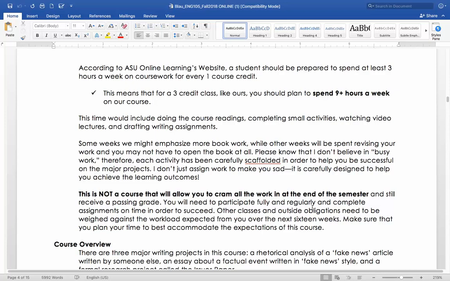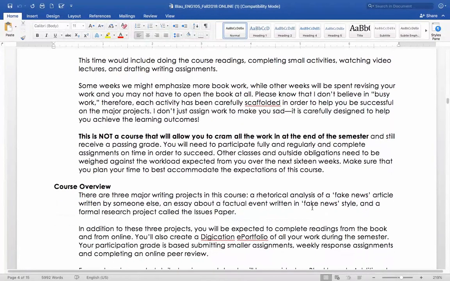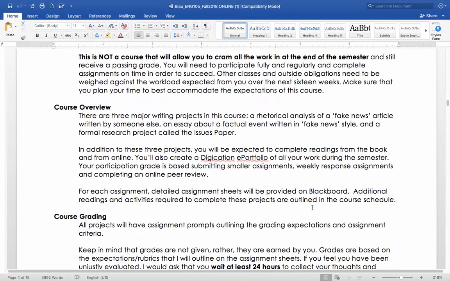So everything we do in this class is very important, especially for my online classes. I've gone over and over, kind of cutting things out and streamlining the course so that only the most important stuff remains. So I don't want to waste your time, but everything we do is very important. And this isn't a class that will allow you to cram in all the work at the end of the